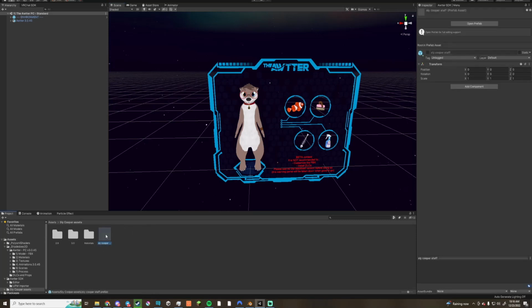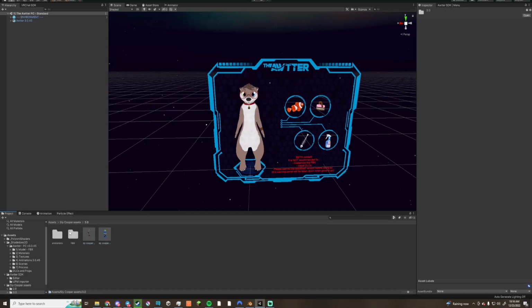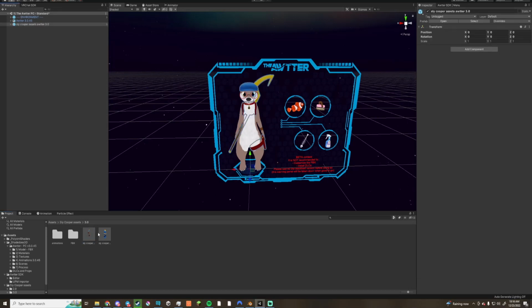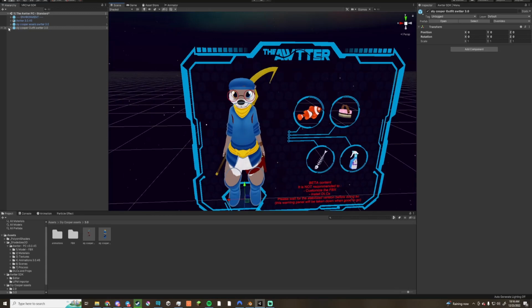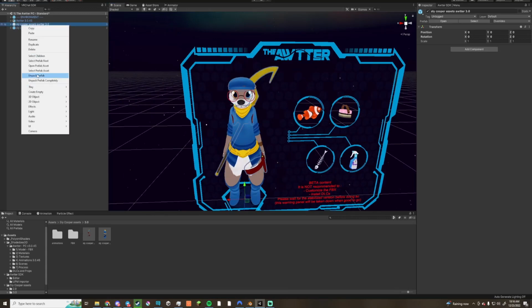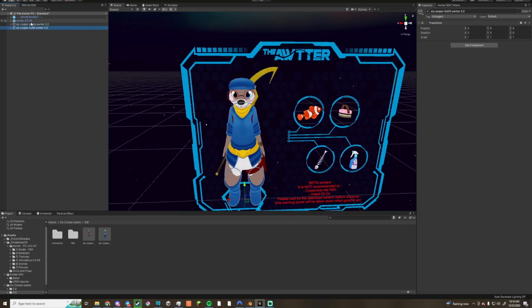So first you want to open up this folder, and since this is the 3.0 Otter, you want to go into here and you can choose between just some simple outfit items to the full outfit. So you'll drag this here and then also this if you want the full outfit, and then you'll want to unpack and then drag them onto your avatar,